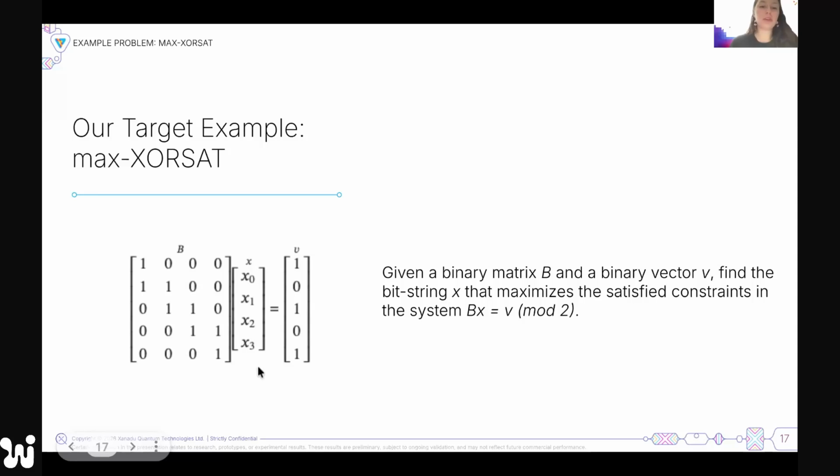It's not always obvious that you can satisfy all of them. You may not be able to satisfy all of them, so you want to satisfy as many as possible. That is the question: how can we find these x's? This problem scales very quickly. It's a combinatorial optimization problem. If you have 100 x's, it's just too hard to do.